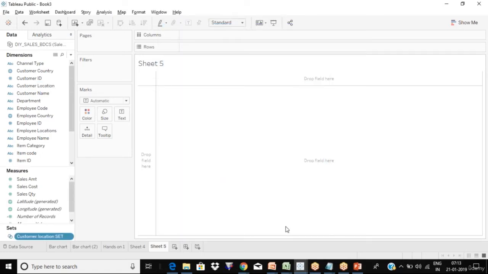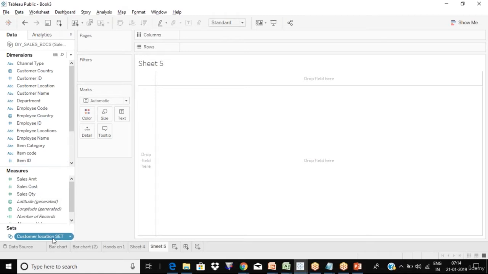Now, what you see is on the left hand side, you are seeing a new section, sets. We used to always have dimensions and measures when we load the data initially, but you're also seeing these sets. This is just like any other column in dimension and measure.